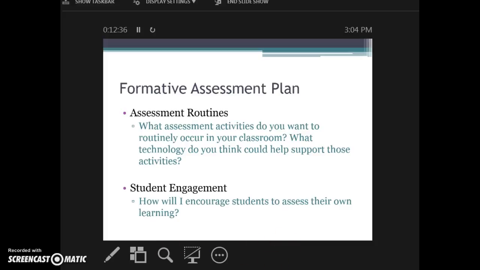So again, a brief introduction to formative assessment. You've already been exposed to it over the past year, so I know you've got some understanding. What we want to do now is push our thinking a little bit more, and this is probably the area where we don't typically think of students as being involved in assessment other than having to complete them, but we want them to be able to use the feedback and learn how to evaluate their own work to see how they are doing in terms of achieving the learning targets. Okay, that's it.